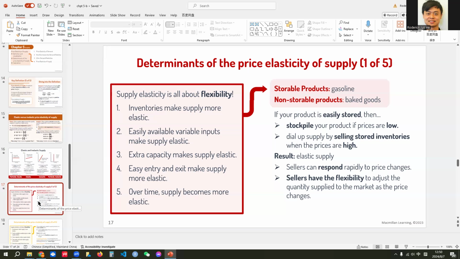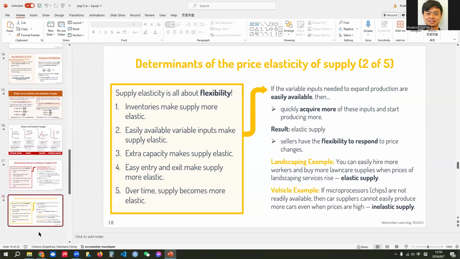If the price increases this season, then on top of whatever I can produce, I have some products in stock that I can bring to the market to sell as well, right? So I can, as a producer, be more responsive to the price change with the inventory,